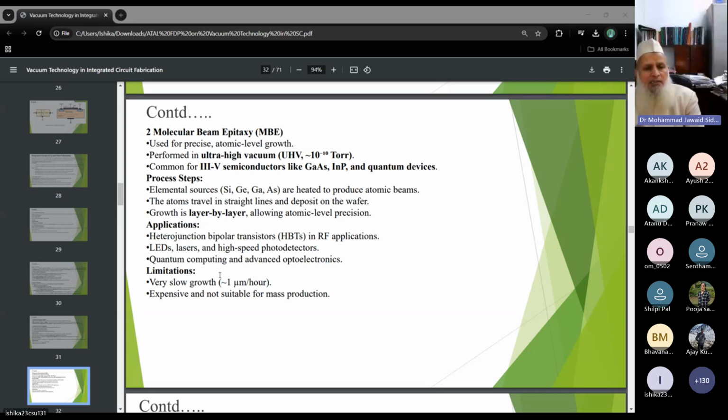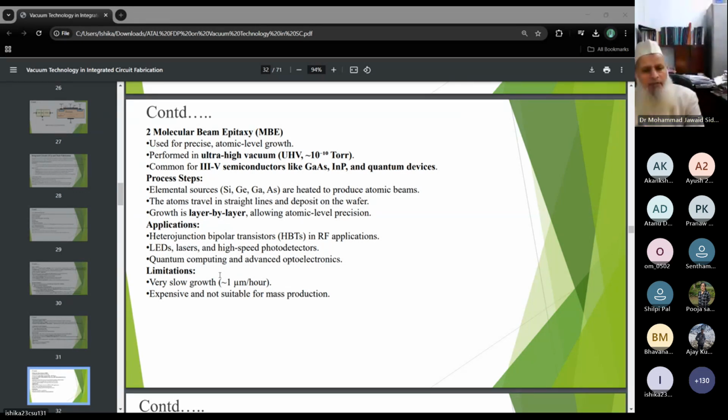These are the process steps. Elemental sources, silicon, germanium, gallium, arsenic, are heated separately and produce atomic beams. The atoms travel in straight lines and deposit on the wafer. As I told you earlier, the vacuum produces a large mean free path, so these atoms may be deposited directly on